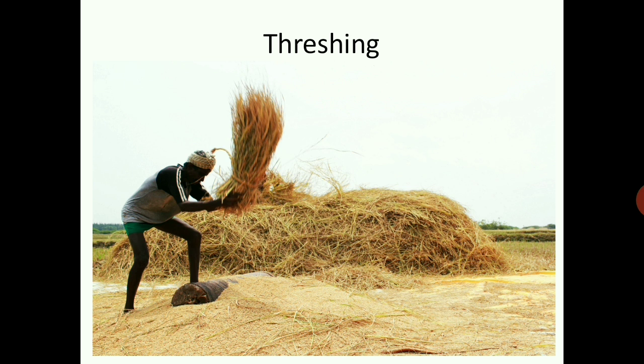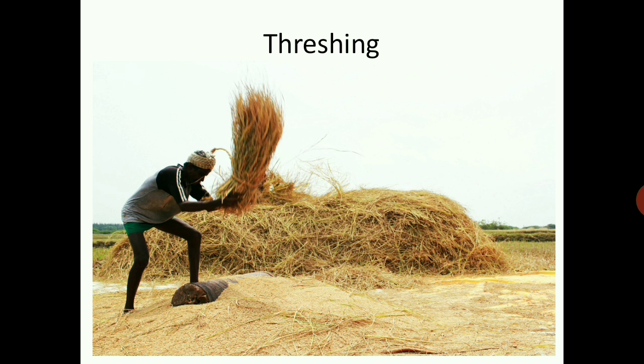One may pluck mangoes or guavas from the trees, but grain seeds are much smaller than mangoes or guavas, so plucking them from their stalks would be impossible. How does one separate grain seeds from their stalks? The process that is used to separate grains from the stalks is called threshing.